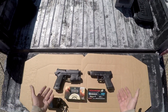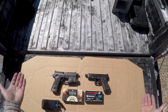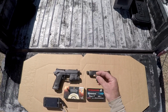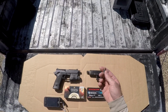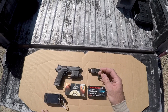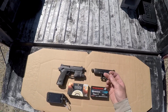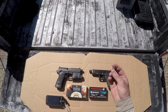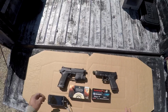So in this video, what we're hoping to see is, one, how does this new 9mm Ranger Service Bonded jacketed hollow point 147 grain +P perform through barriers? That's what it's designed for. We saw our HST perform quite well, so we'd like to see how this bonded bullet compares to that HST round, since HST is my preferred loading. It's kind of one of the gold standards out there. But for service use, this one's looking like it might be pretty good. So we want to see just how it holds up through the windshield, what kind of penetration we get,